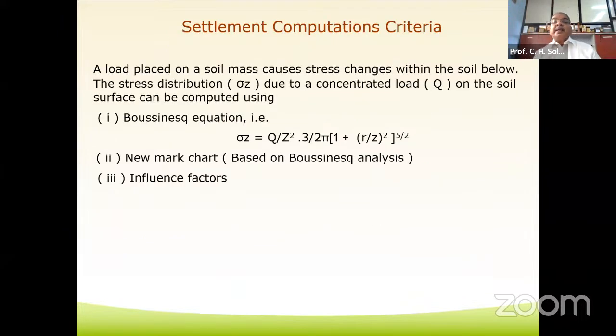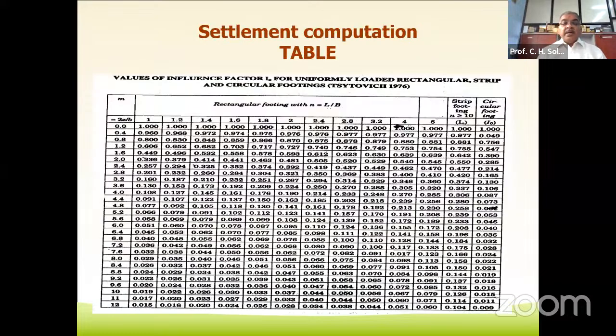So the settlement computation criteria: various methods are available in the textbook, such as the Boussinesq equation, Newmark's chart, influence factor, etc. Here the influence factor has been considered. As far as the influence factor is concerned, the M value is 2Z by B, where Z is the thickness of the particular stratum, whereas N is equal to L by B. Based on this, the influence factor has to be found out for settlement computation while finding out the consolidation